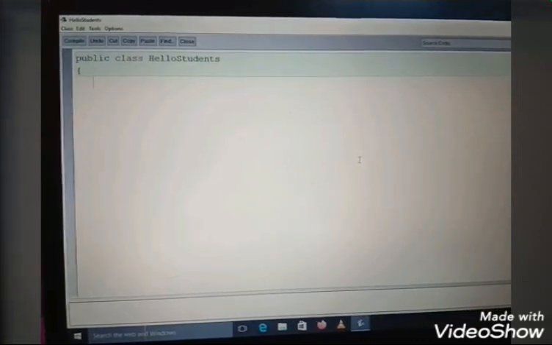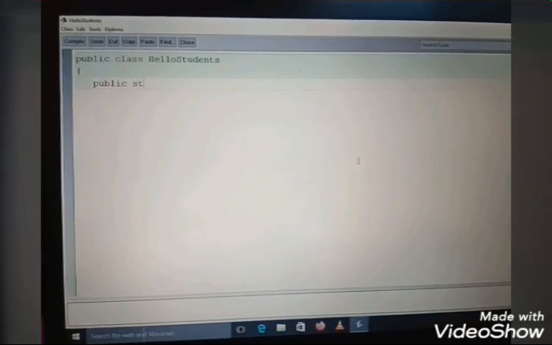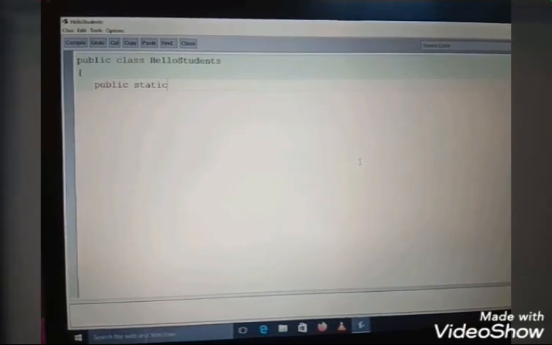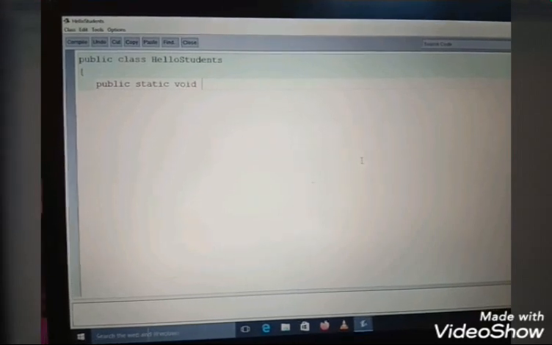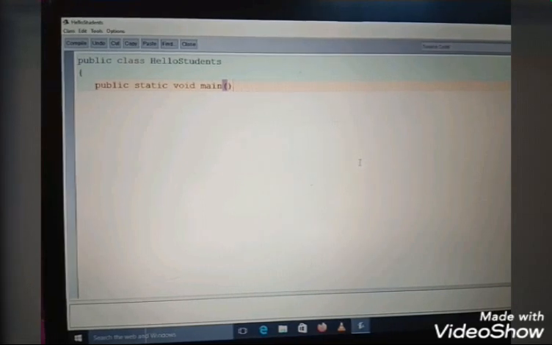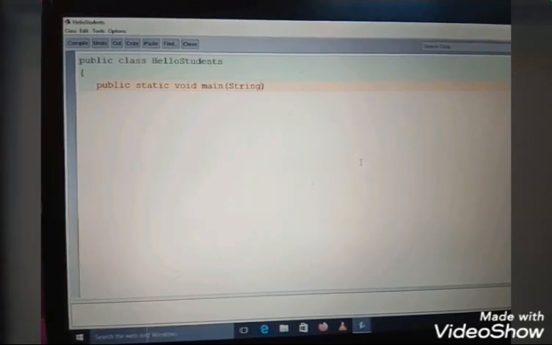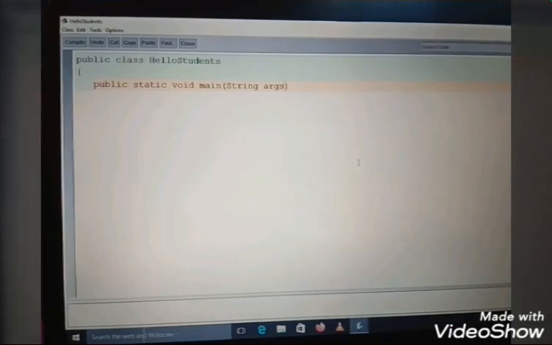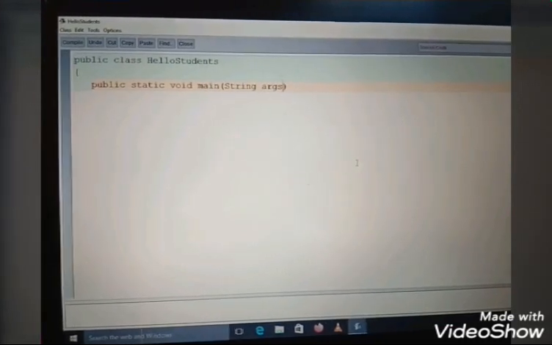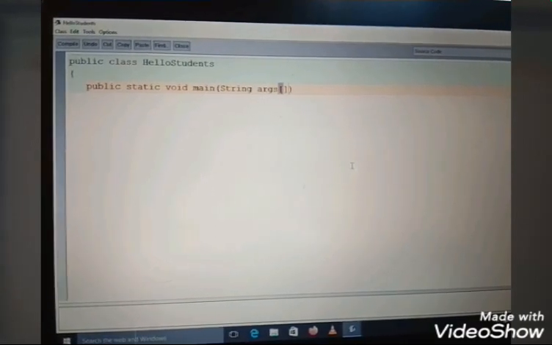Then you have to write public static void main, and in the normal bracket you have to write String args. The S of String will be capital. After args you have to write one square bracket.